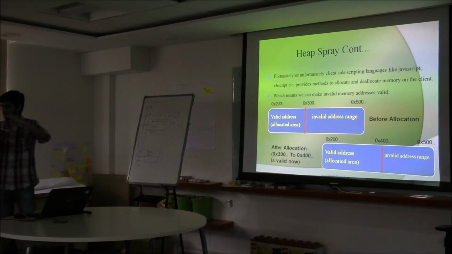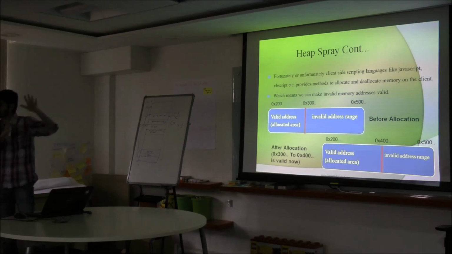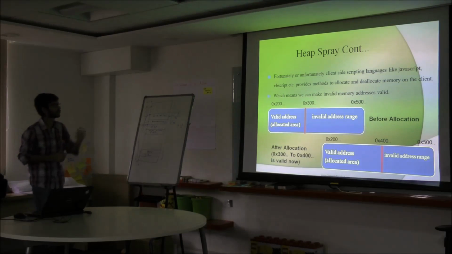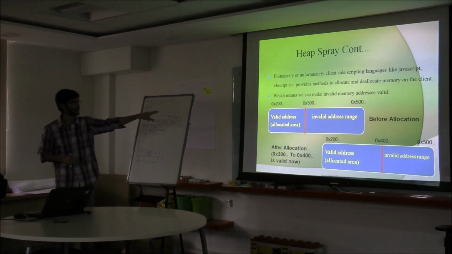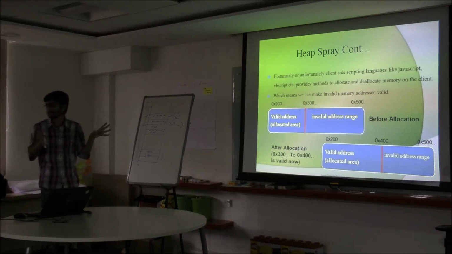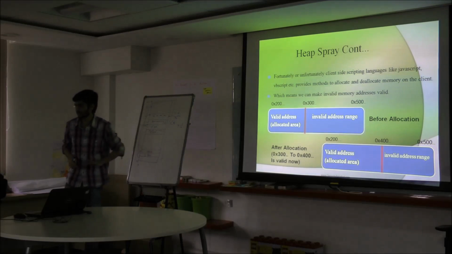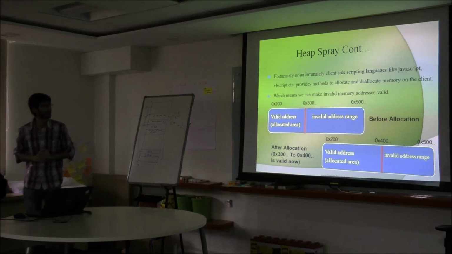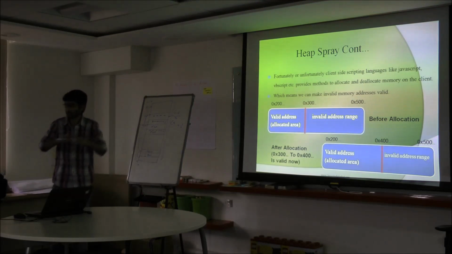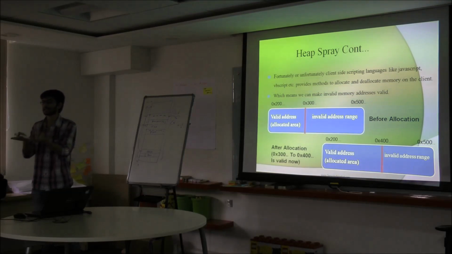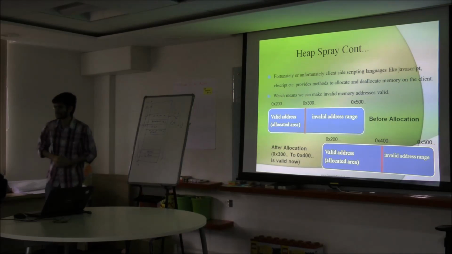If we allocate the 2 MB of memory on the client, then we may be able to reach that, depending on the heap condition out there, right? So the idea is, for example, we are opening Internet Explorer and we have the allocation just from 200 to 300 address right now. And if we put something like 400 address into that, then it will say that the address is not valid because it doesn't exist at this time.